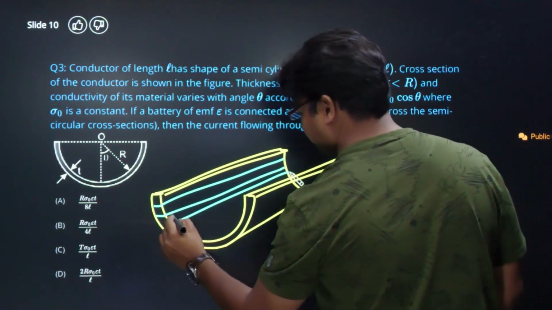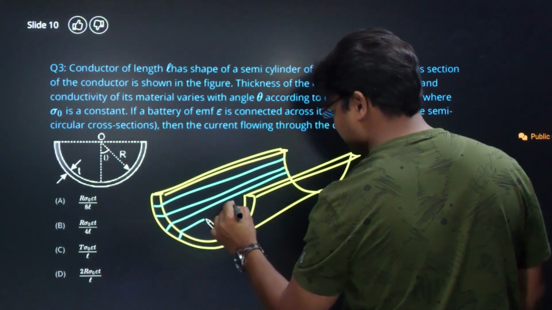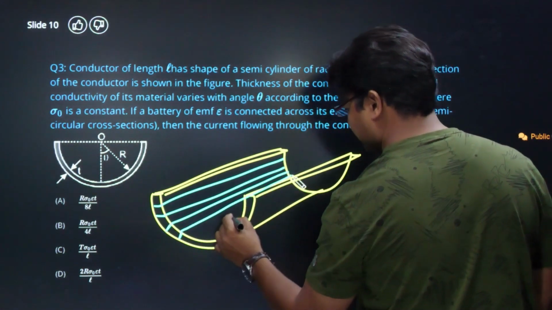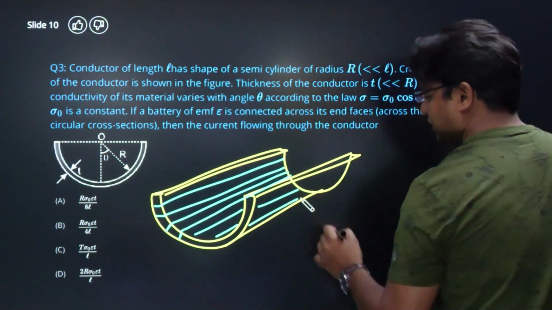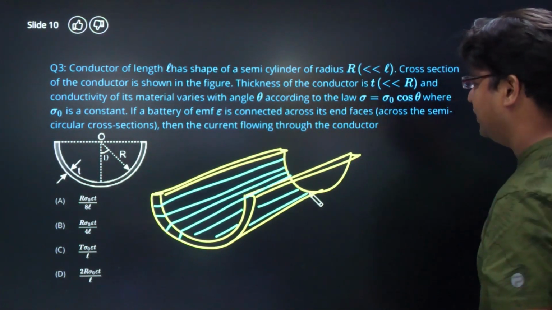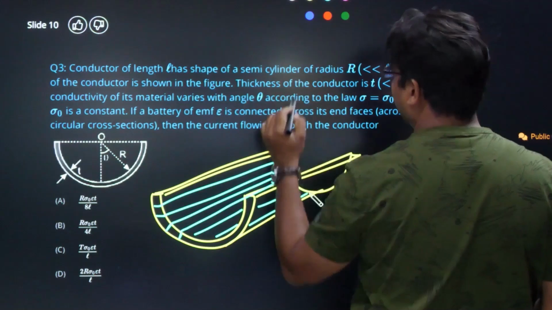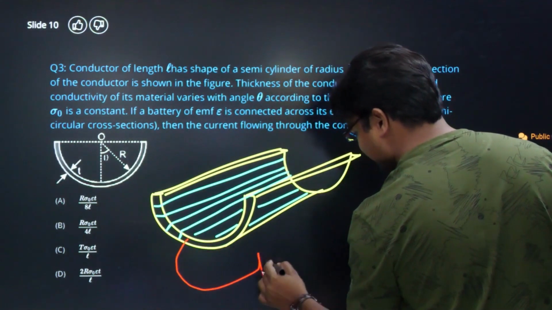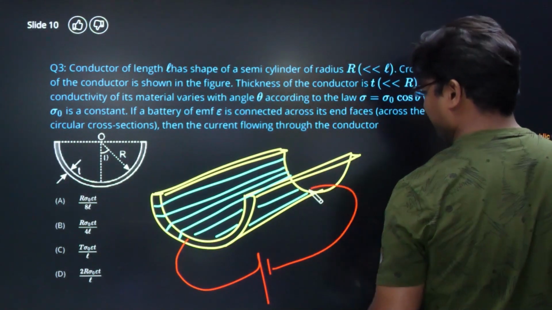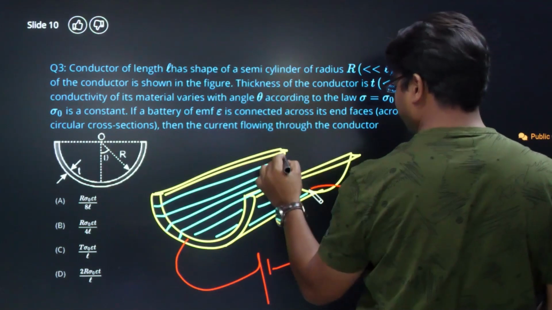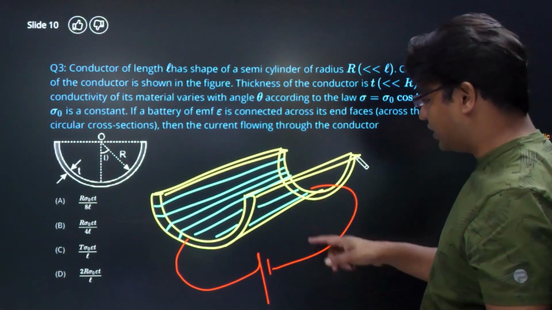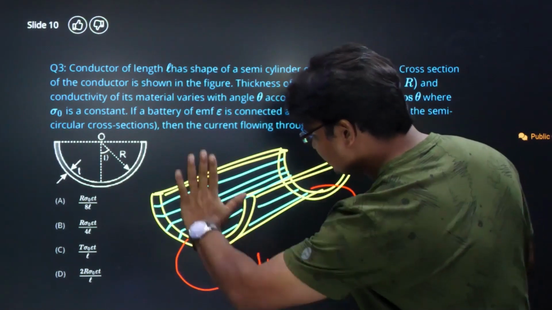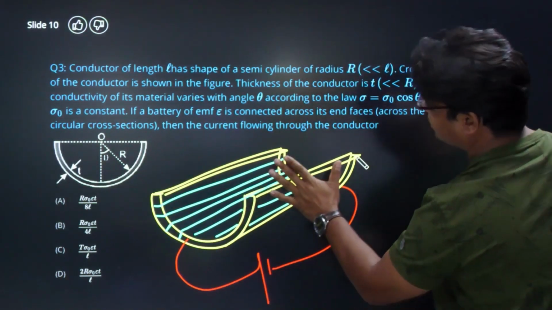So each strip has a different conductivity. I hope this is clear to everyone. Now what we are doing, we are connecting a battery like this, and the current will flow along the thickness. So the current is flowing from the front semicircular cross section towards the back